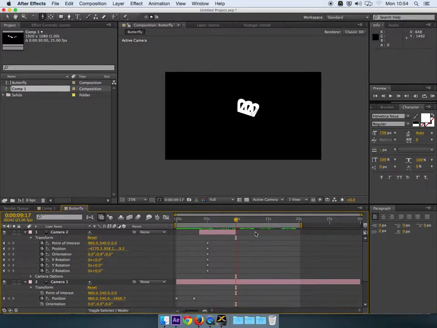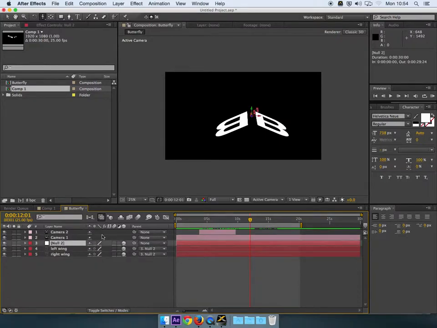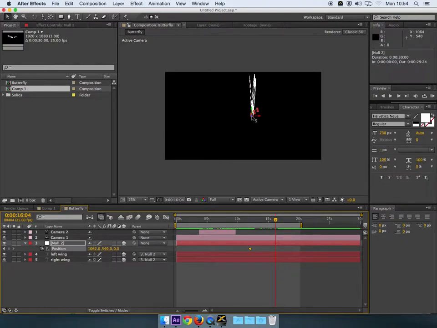here, so that we go back to our shot where the camera is at the back, and from here on we can actually animate the null to make it look like the butterfly is flying away from us. So I'll pull up my position property, keyframe it, get the selection tool,